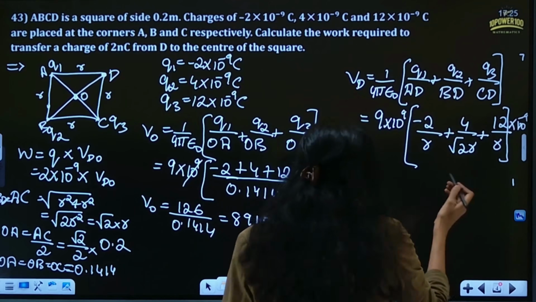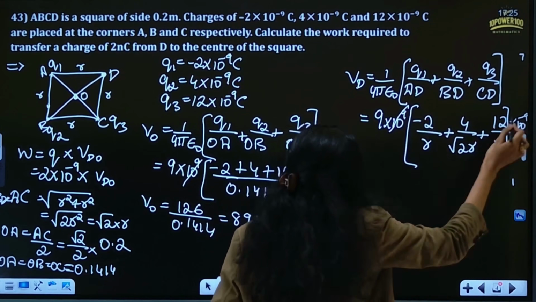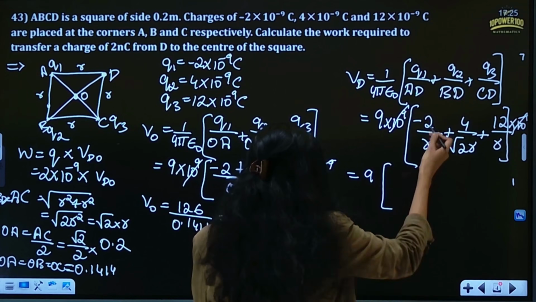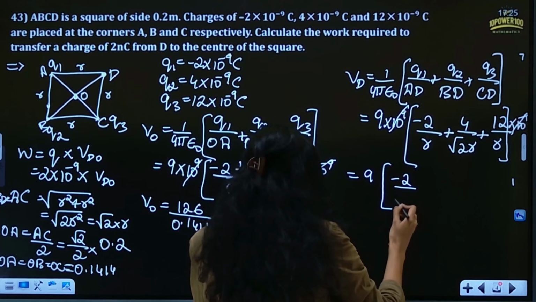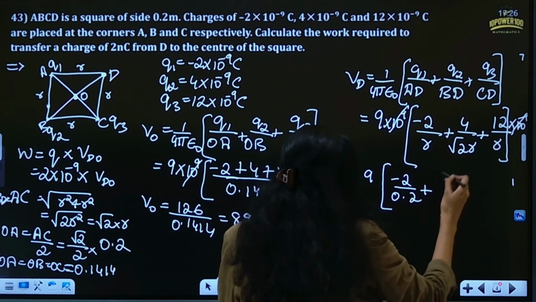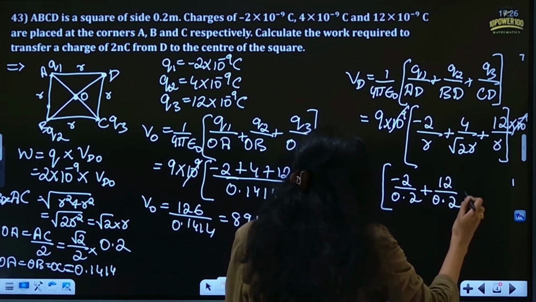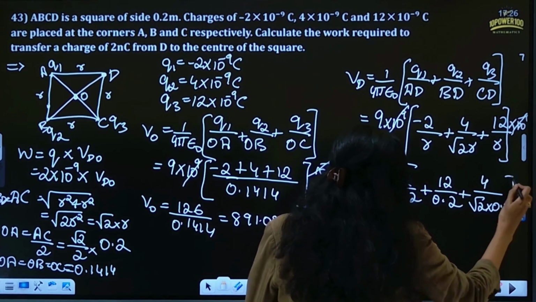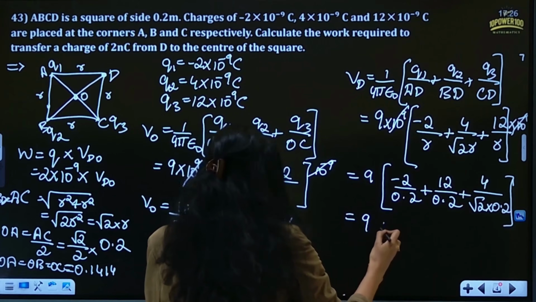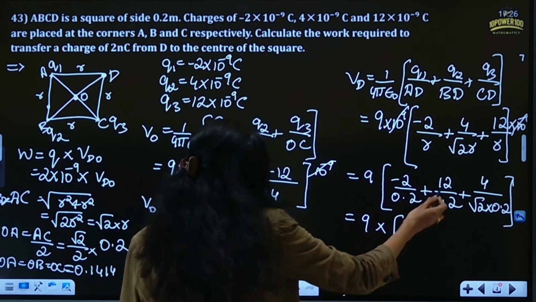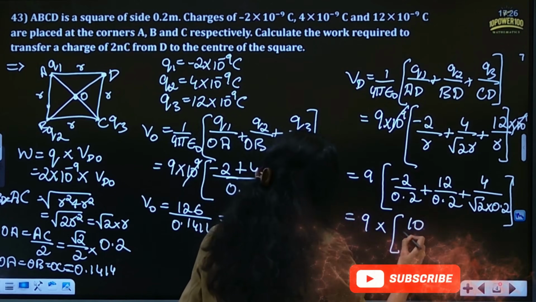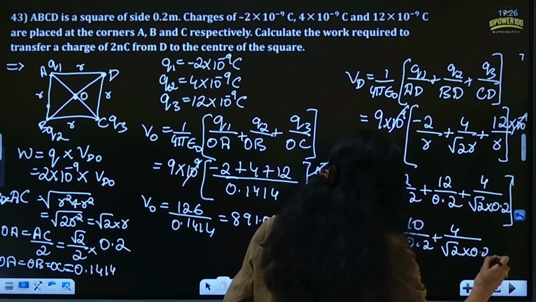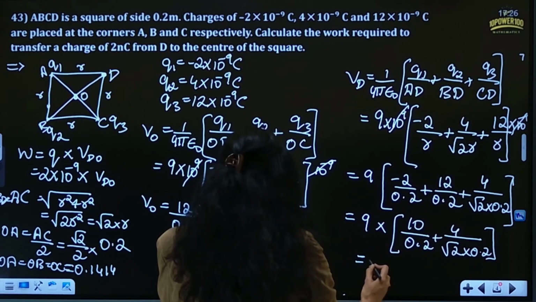Now you can substitute. 10 power plus 9 and 10 power minus 9 can be taken common, so you will get something around 9. Substitute minus 2 divided by the value of R, which is 0.2, plus 12 by 0.2, plus 4 by root 2 times 0.2. So you can take 12 minus 2, which is 10 by 0.2, plus 4 divided by root 2 times 0.2. After solving, you will get something around